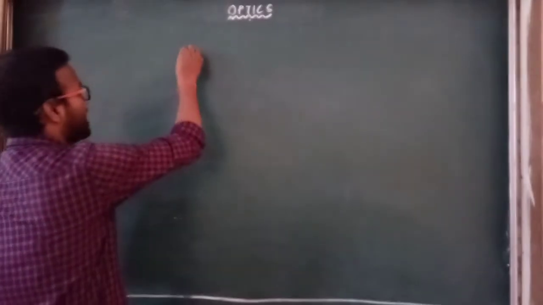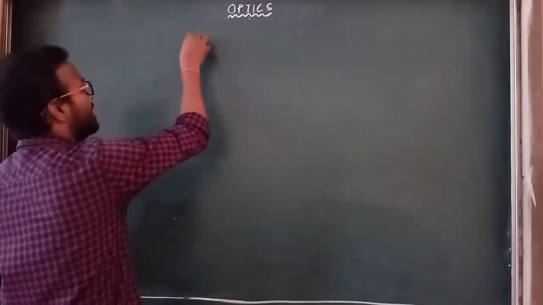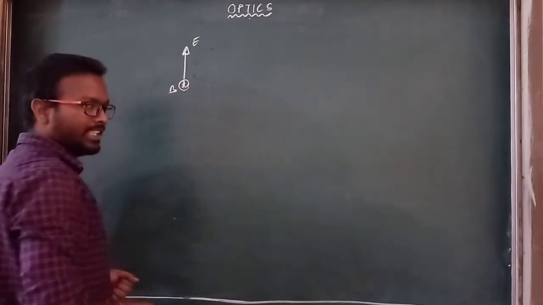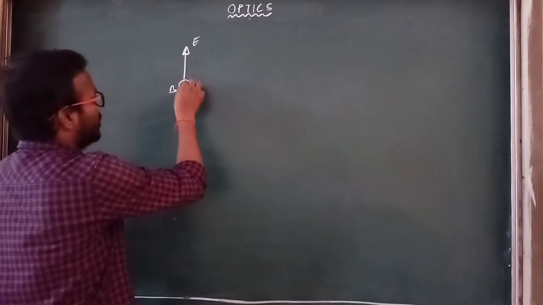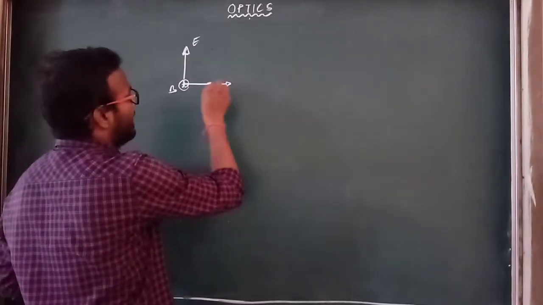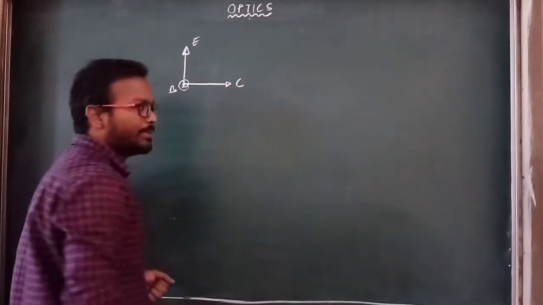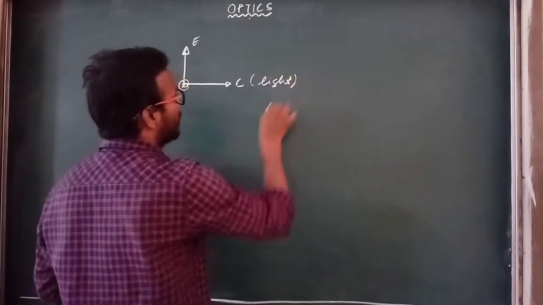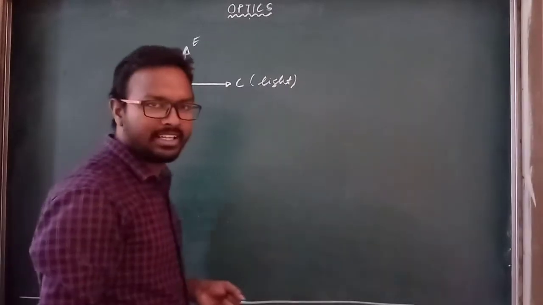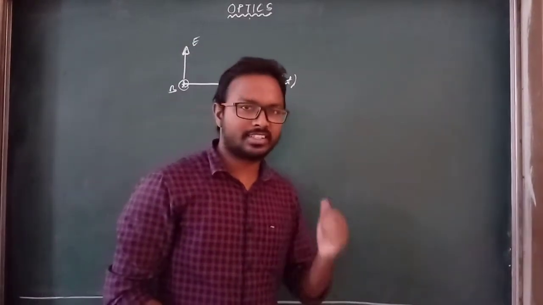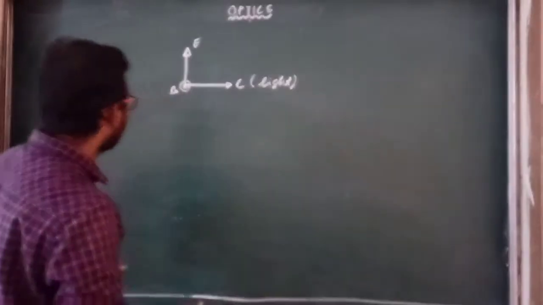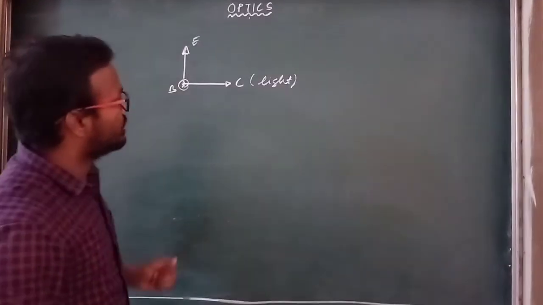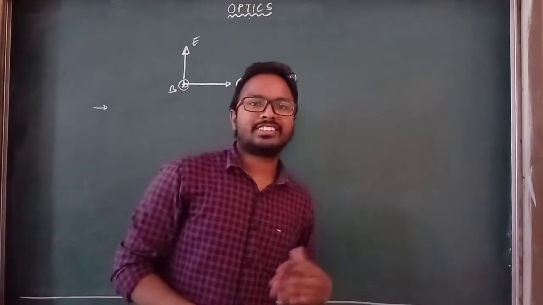Suppose this is the direction of the electric field, which vibrates in this direction, and suppose the magnetic field is in the inward direction. Then the perpendicular direction to both is the direction of the speed of light, and this is the direction of light. So it is the combination of both electric field and magnetic field that is known as light. Here we have to study diffraction, reflection of light,